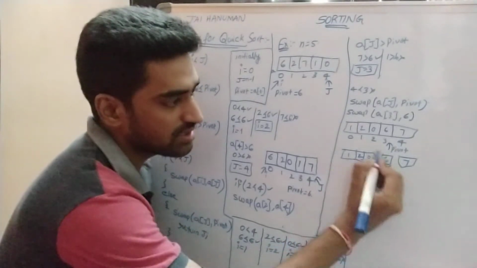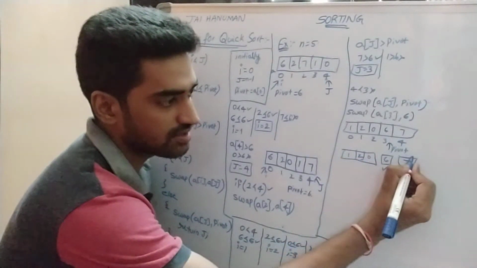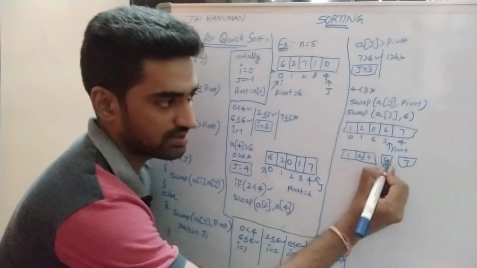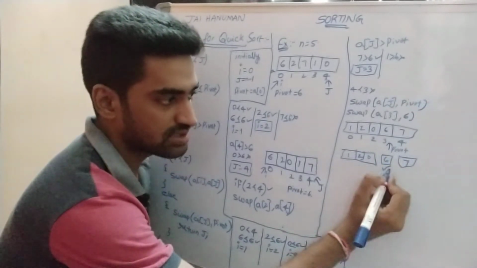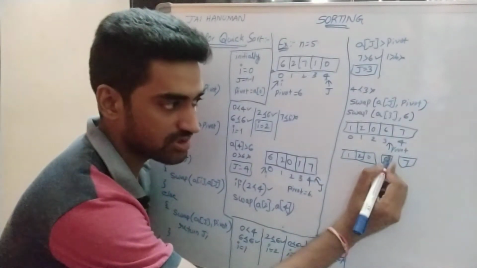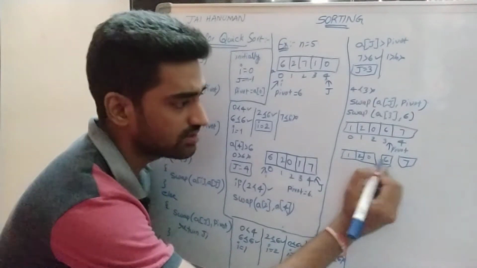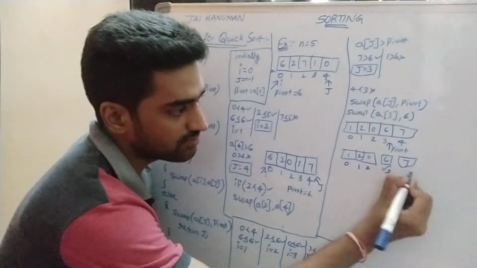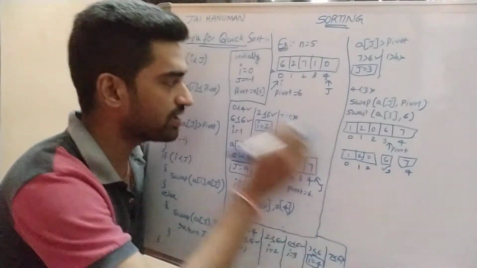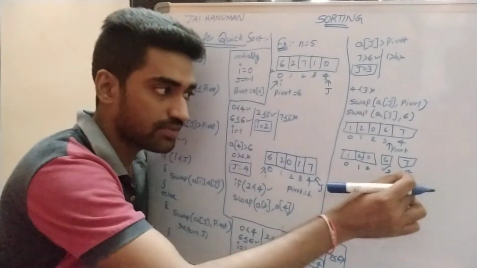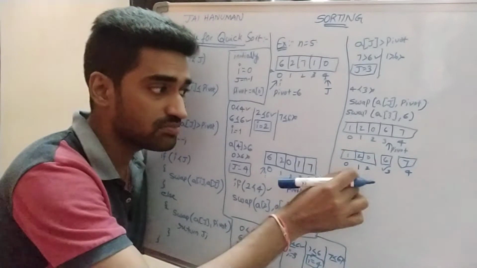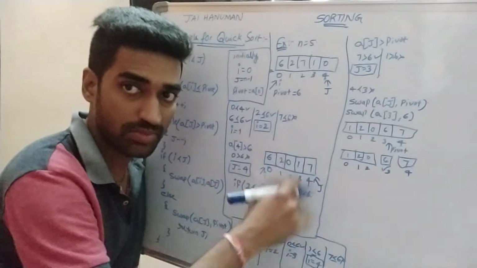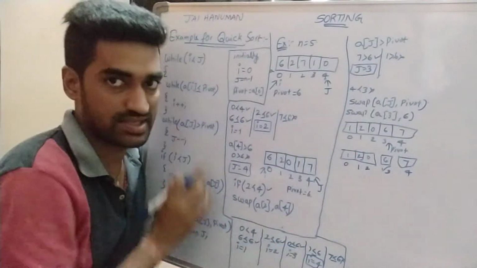So here I am taking this one array and this another array, left subarray and right subarray. This element has been sorted, so we need not apply any process for this pivot position. This left subarray has indexes 0, 1, 2, 3, 4. Here I am applying the same procedure for the left subarray and the right subarray until all the elements in the array are sorted. We can apply this procedure recursively.